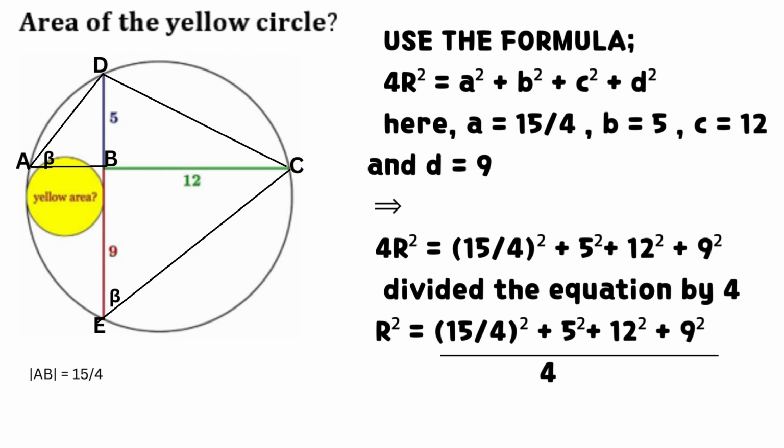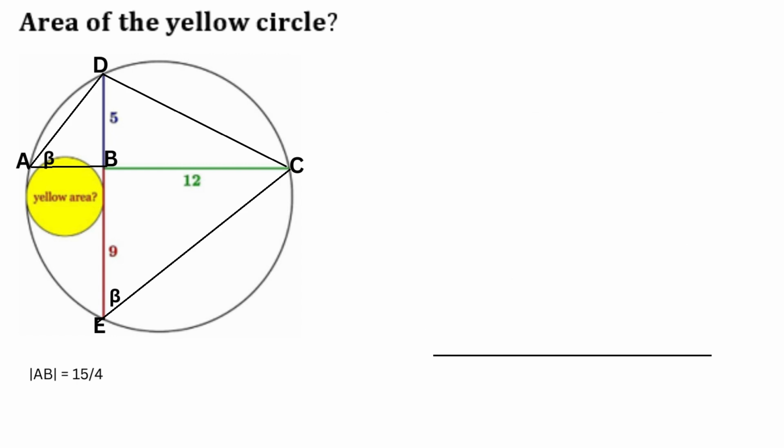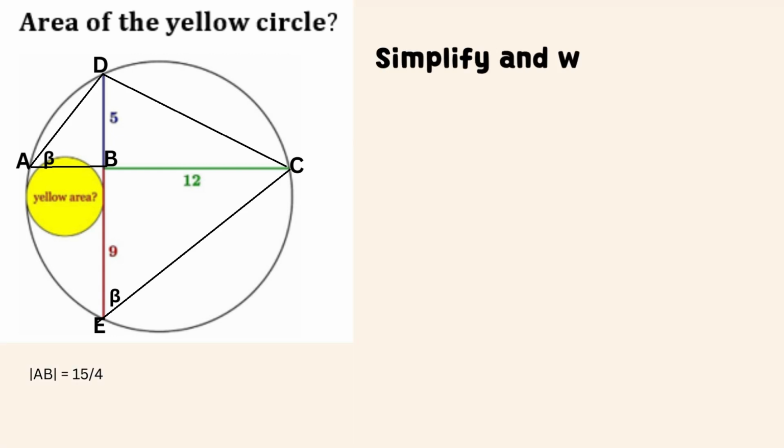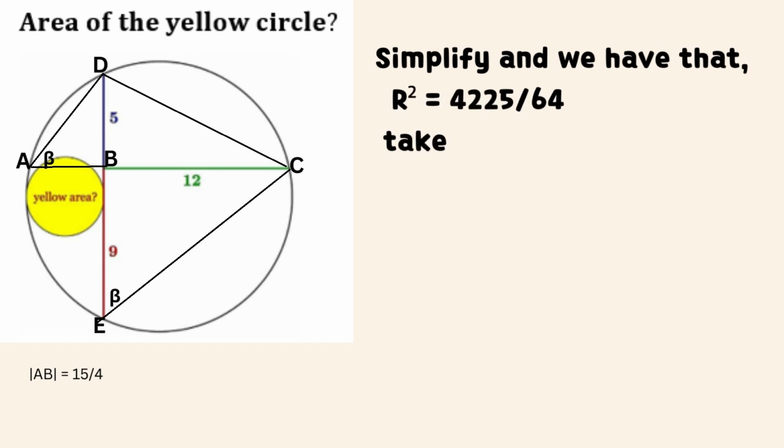4 times the square of R equals the sum of the square of 15 divided by 4, the square of 5, the square of 12, and the square of 9. Divide the equation by 4, and we have the equation for the square of R as shown on the screen. Simplify and we have that the square of R equals